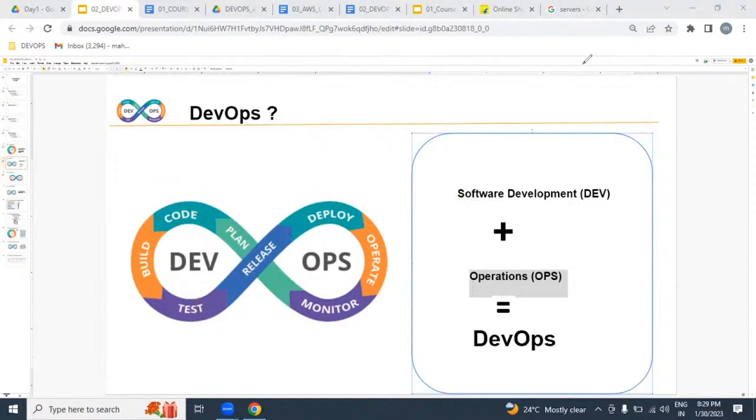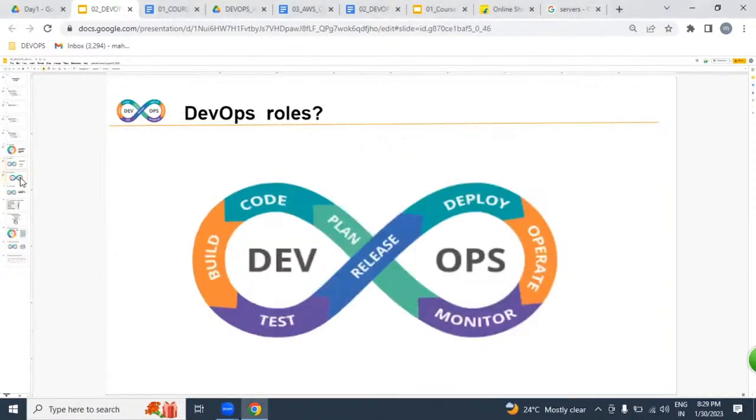What exactly are we implementing? A DevOps process. What is DevOps? Is DevOps a technology like Java or .NET? No. Is DevOps a tool? No. What is DevOps? DevOps is a process.